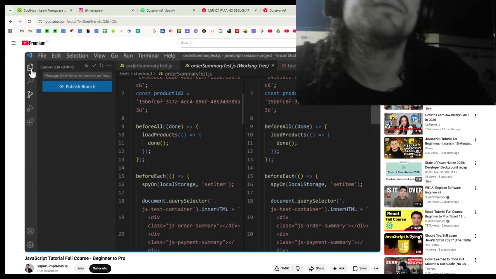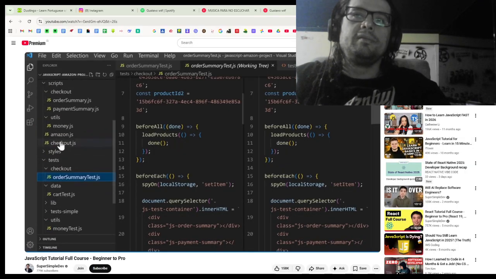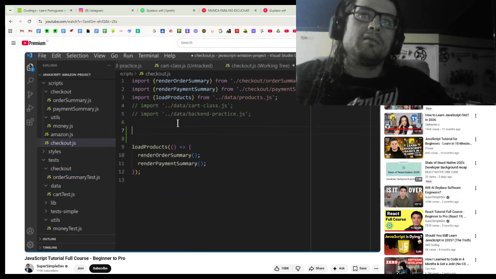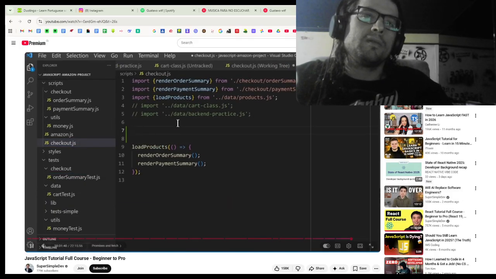We're going to open our code, and on the left, we're going to go to checkout.js. And in here, at the top, we're going to practice promises. Promise is a class. So we're going to type the code new, capital P, promise, and